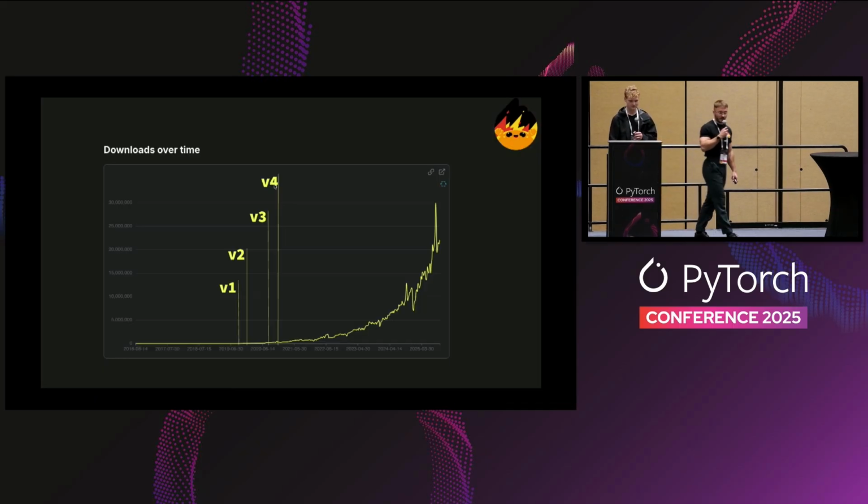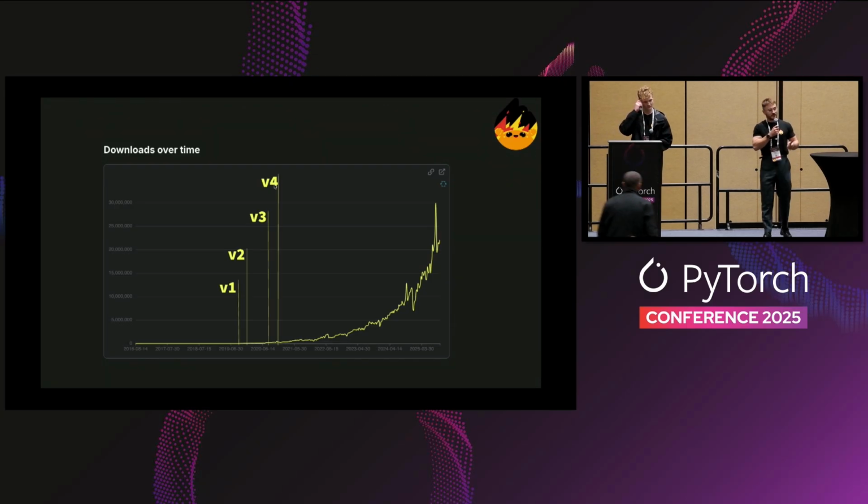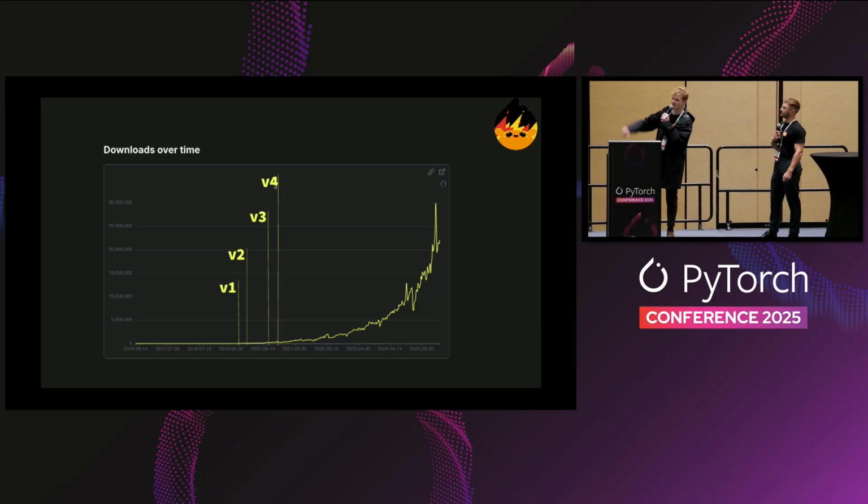Right, so if we take a look at downloads since the beginning of Transformers, we see that the first 4 versions are really packed over 1 year. And it's really after V4 that we start seeing usage. So this is pip installs, downloads over time. It's really not the most interesting metric in terms of usage because it's super easy to game. But still, it shows a bit the adoption across the ecosystem. And for anyone who is able to explain the insane huge spike here, we're very happy to hear about that because we haven't explained that.